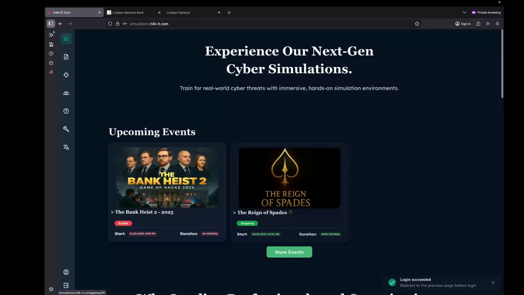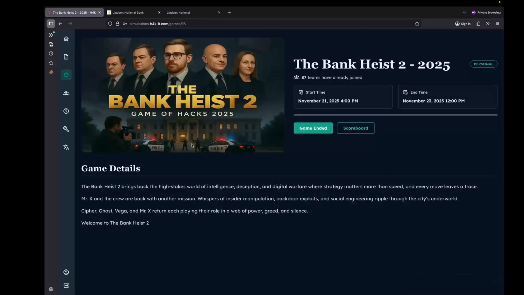Okay, so this was the card for the game. It's Bank Heist 2, and it was premiering on November 21st. It went for 2 days, and basically the game was trying to simulate a red team engagement where a user is supposed to create a threat model on how to attack a bank and end up gaining access.